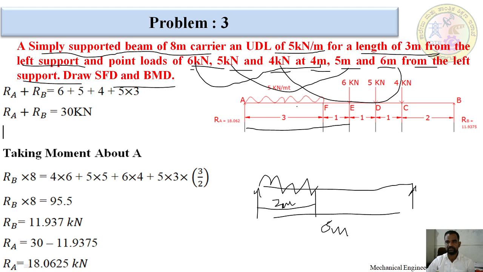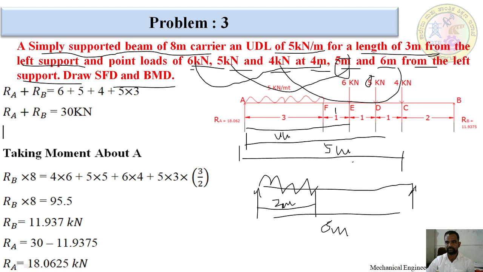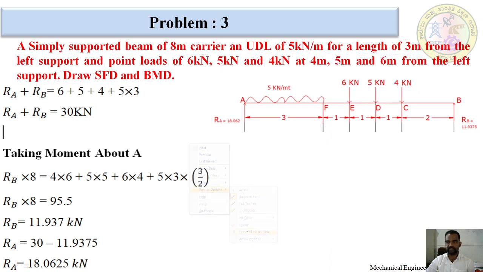Okay, from here to here, 6 kilonewton at a distance of 4 meter. 4 meter means this would be the 4 meter, left with is 1. After that, from here to this distance is 5 meter, with magnitude of 5 kilonewton. After that, they have given from here 6 meter, of magnitude 4 kilonewton. For that reason they have given 4 kilonewton. Up to here we would have understood very well.